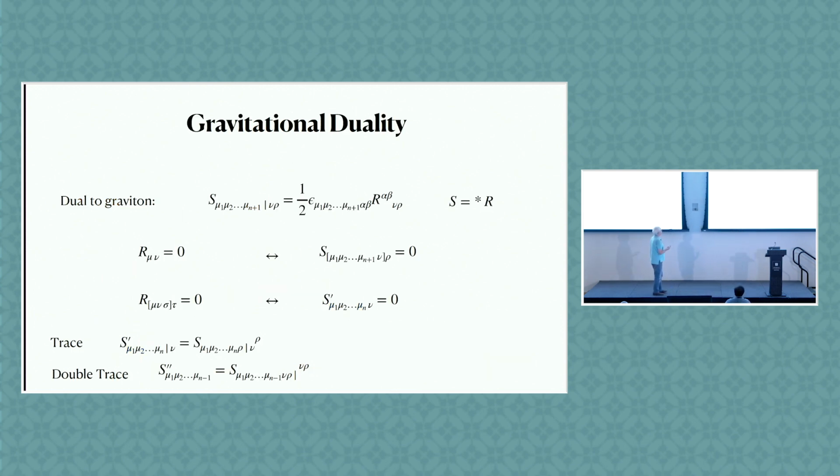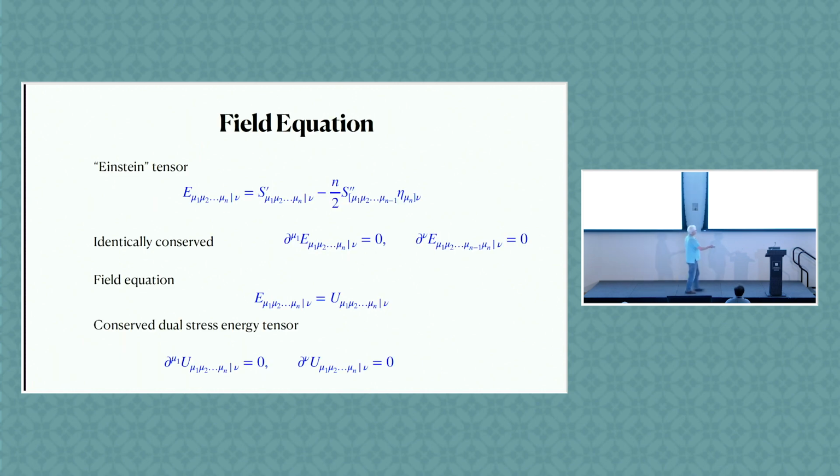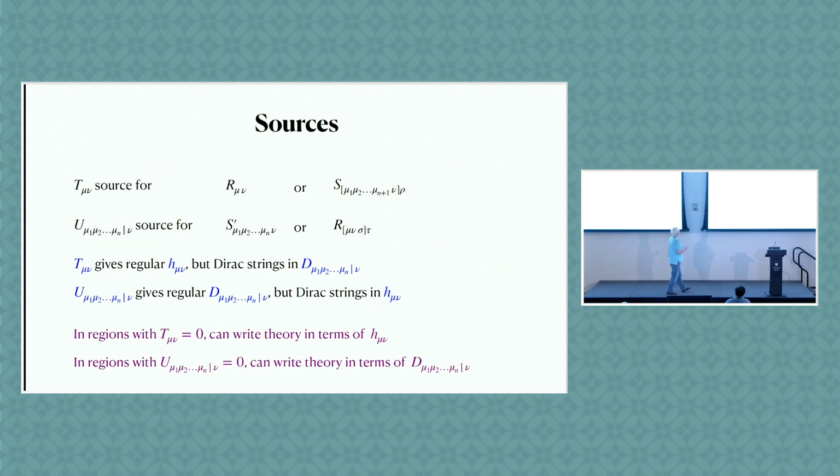And the gravitational duality interchanging the two forms of gravity interchanges the field equation with the Bianchi identity for the dual theory, and vice versa. Here we get the field equation given by the analog of the Ricci tensor given by a single trace of this. And we can introduce sources for both of these for this field, which couples to the generalized Einstein tensor, which is identically conserved. So we introduce a source, which is the dual stress tensor,